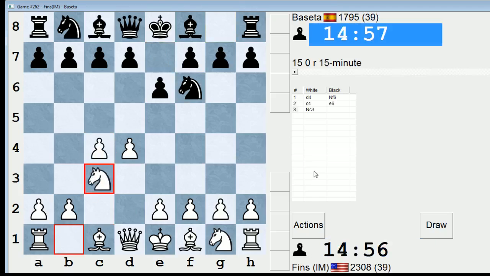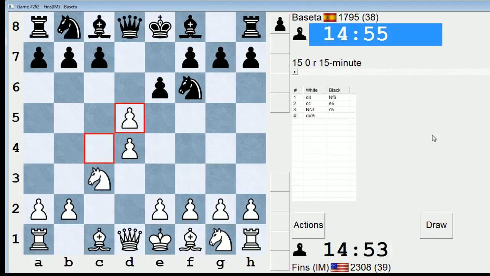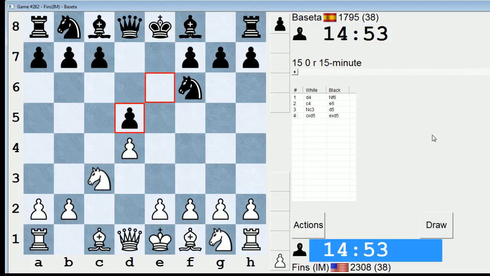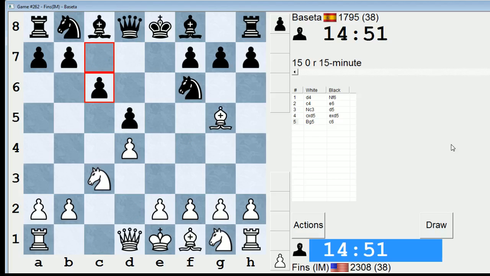I'll play knight c3, and we'll see if we'll get a Nimzo-Indian. Nope, he transposes into the QGD. I always take on d5 against the QGD, the Queen's Gambit Declined, because I think this line is promising for white. The exchange variation. Okay, so here with c6, usually it's indicating that they want to play this endgame variation